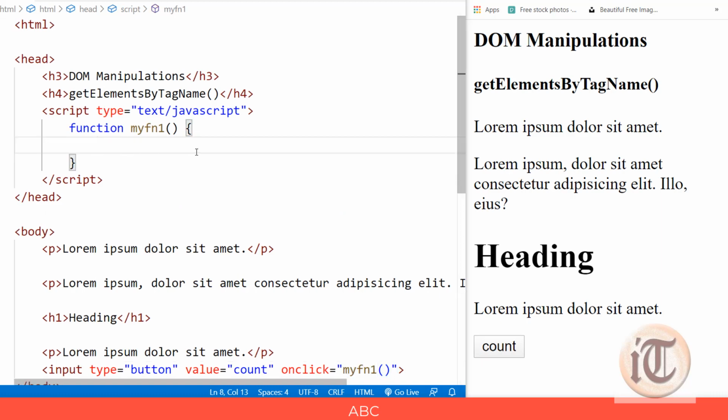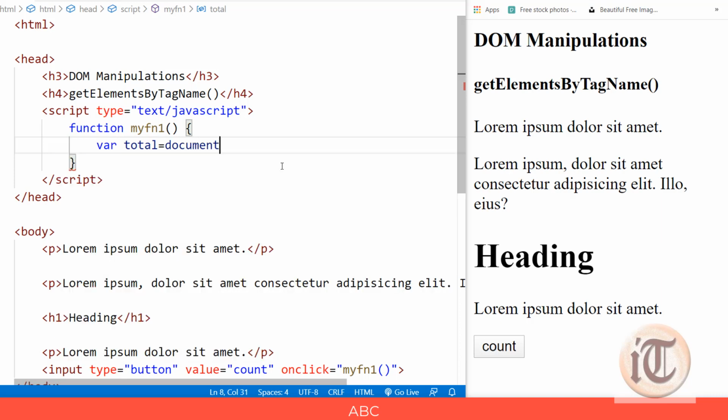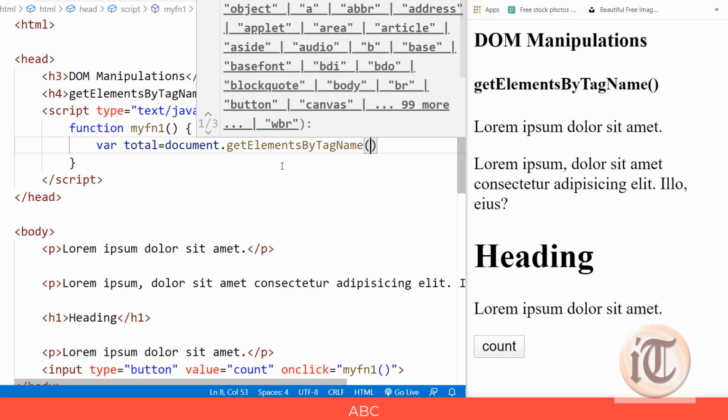So I'm writing the code for myFN1. In myFN1, I want to count all the elements that have the paragraph tag, that is, the P tag. To do this, I'll say var total equals document.getElementsByTagName, and inside the parentheses we specify the tag name that we want to fetch.